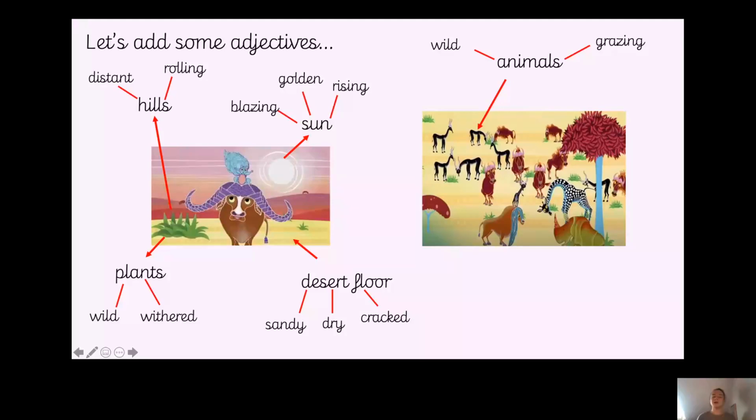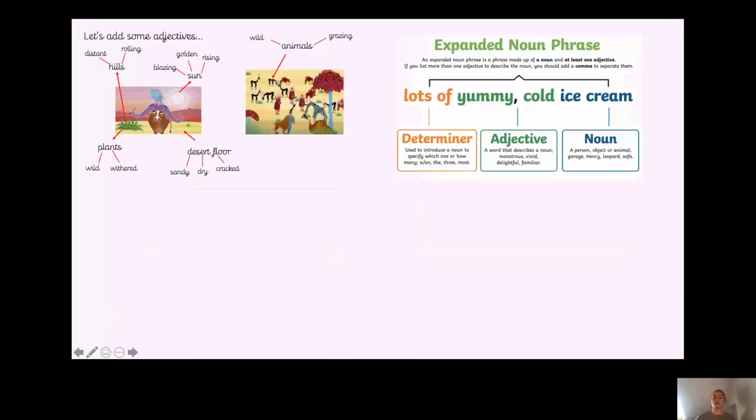Okay, so what I'd like you to do now, your picture of the waterhole. I would like you, just like I've done here, to add some adjectives to your nouns. So pause the video now and have a go. Okay, year two. So now that we've got our nouns and our adjectives, we are going to create some expanded